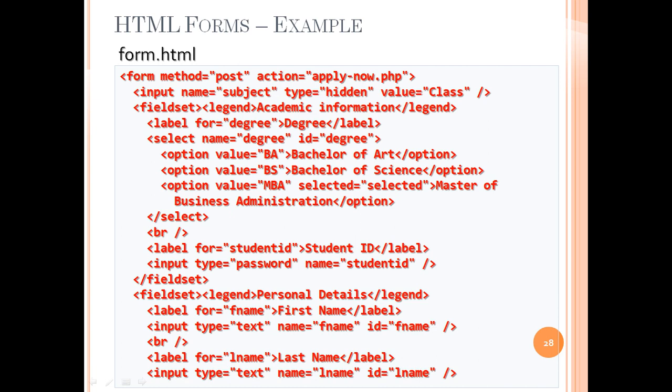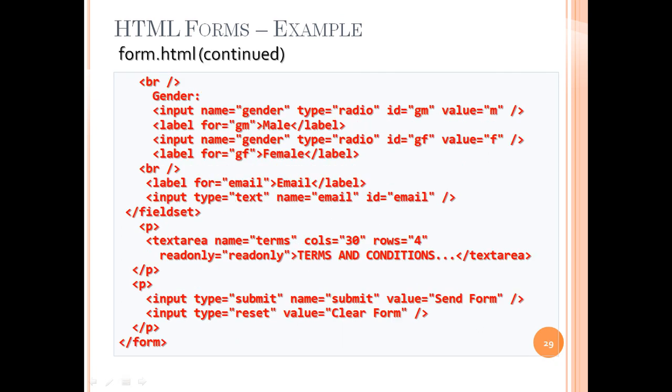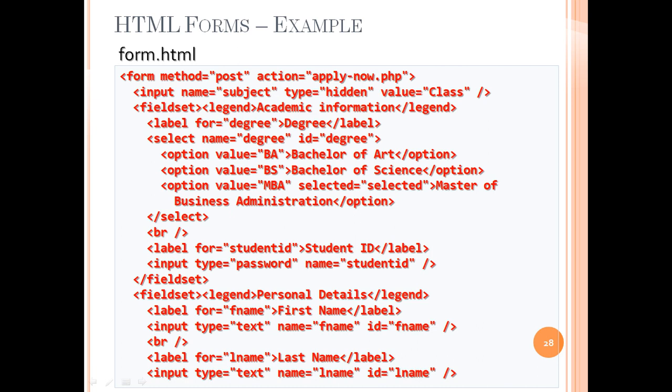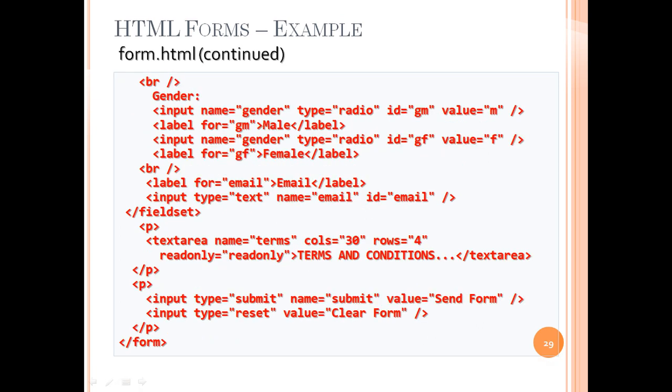So we are using the form input tag and option values, that is, for select name equal to. So we can choose either of these. All three will appear there. Then labels: student ID, password. For that we need to create text boxes. Again for everything, gender, email,